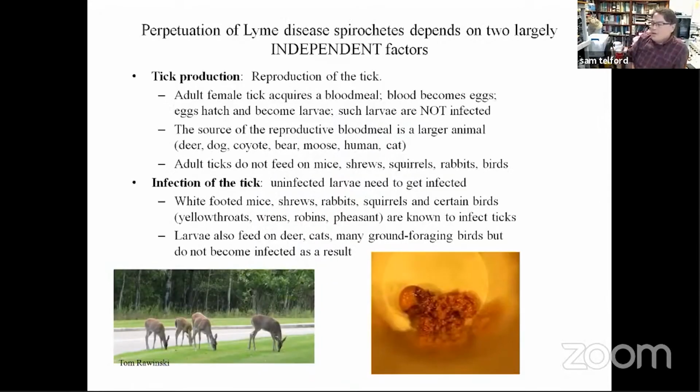But what we understood from the ecology of Lyme disease on Nantucket is that there are two facets that we need to keep in mind when we're trying to attack the problem. One is, keeping Lyme disease bacteria around from year to year in nature requires two different things, and they're largely independent. That is, you have production of ticks,